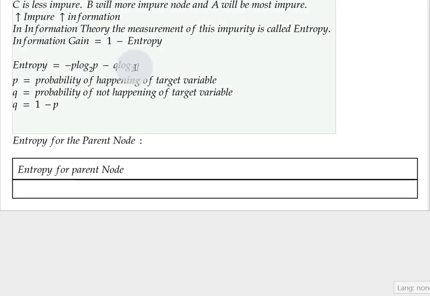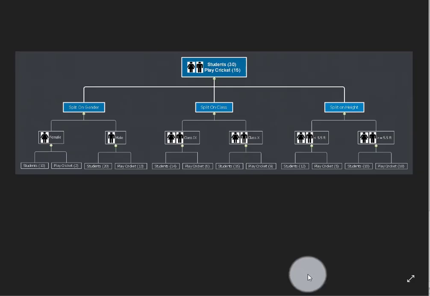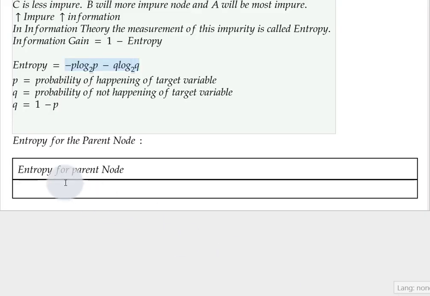Okay, so basically p will be the probability of playing cricket over there, right? So if I just go back to our diagram over here, there are 30 students, among them 15 play cricket, right? So my entropy will be,